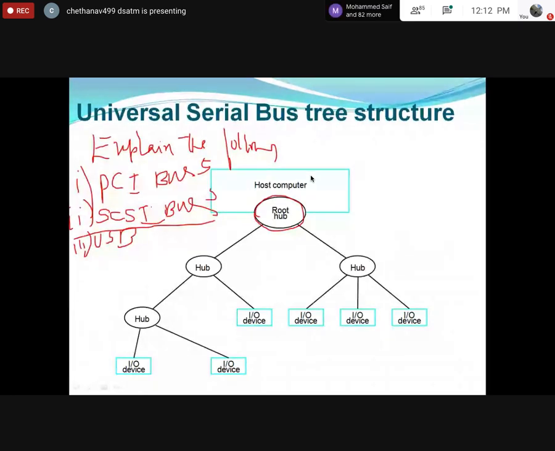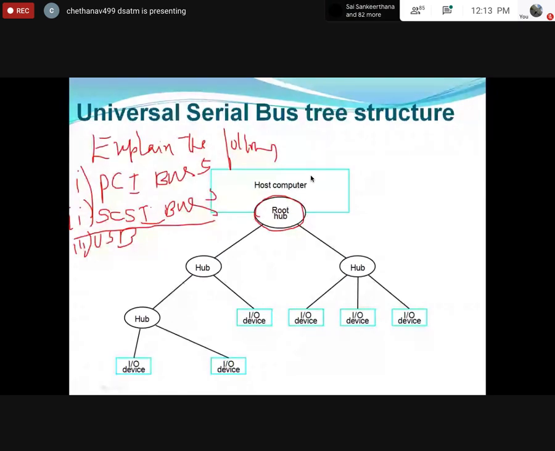So it's up to you how many points you have to grab and how many points you have to present in the paper, based on that particular marks distribution. In that way you have to understand the PCI concepts. As much as you have understood, however much you are able to remember, please remember and practice well. SCSI bus also, and even USB. In USB, I told you that USB is mainly used for